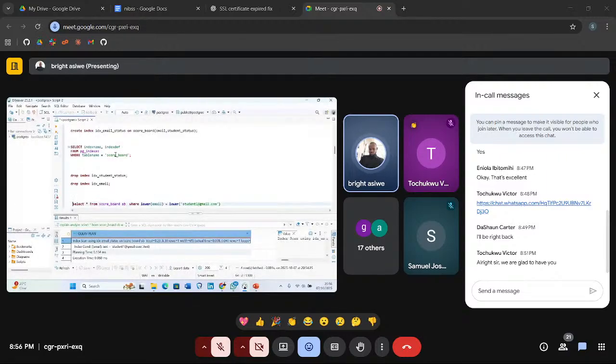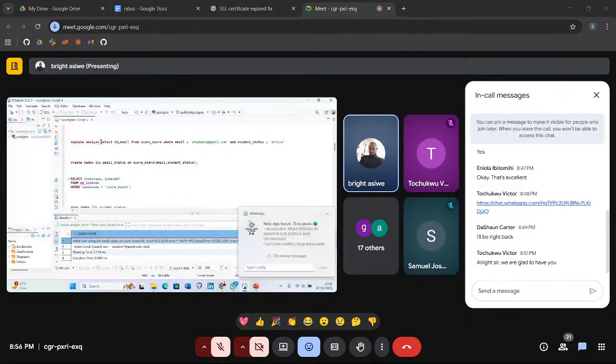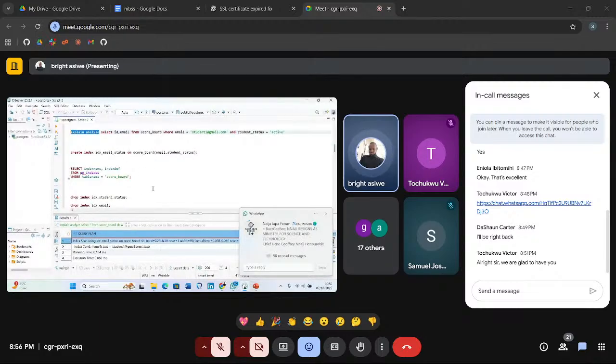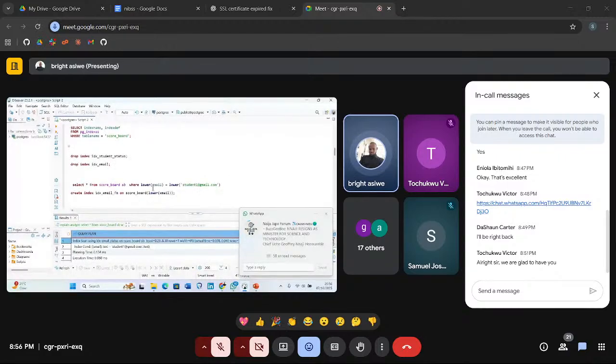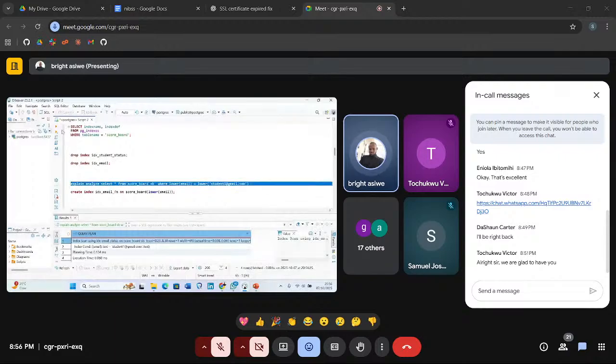Let me just quickly copy the explain analyze so that I don't spend too much time writing. So if I quickly do an explain analyze here, you can see that here I'm passing a function, right? This lower function. So if I do this stuff here, you can see that it is using a sequence scan,